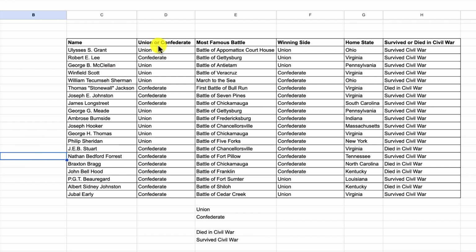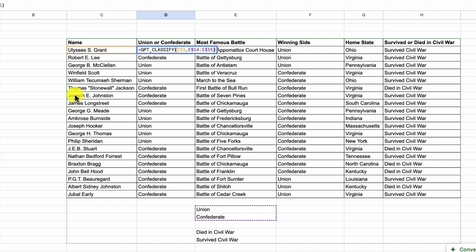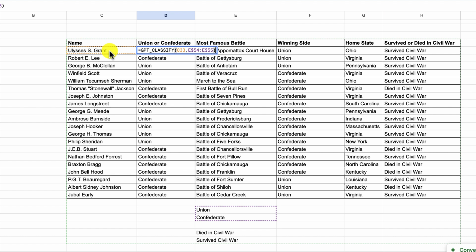The next column is Union or Confederate. In this case, I use the classify function. So it's =GPT underscore classify, and then C33 is Ulysses S. Grant, and then the range is a little range that I created down here named Union